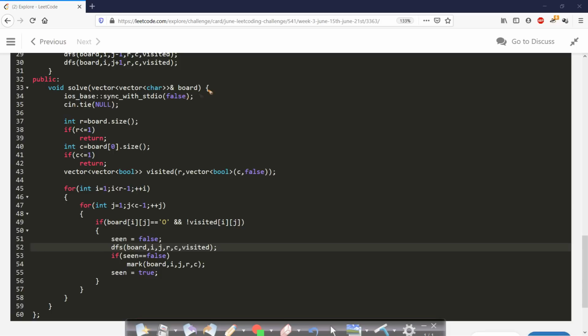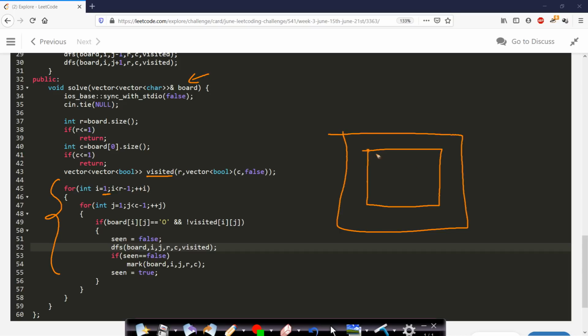So this is the code for approach 1 where we are given the board. Once we receive a board, I have taken a visited array and made calls starting from the first index and ending at r-1, c-1. As I have already explained, I am ignoring the first row, the last row, the first column and the last column, because the first approach makes DFS calls to find out if the region is connected to a boundary 0 or not, and we make calls whenever we find a 0. If we are seeing a boundary 0 and making a DFS call, there will be no point at all. Therefore, we are starting at index 1, 1.